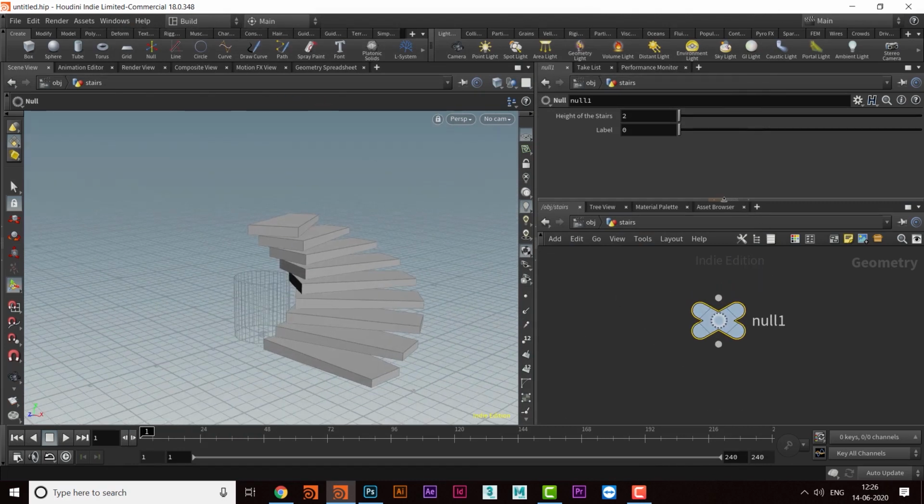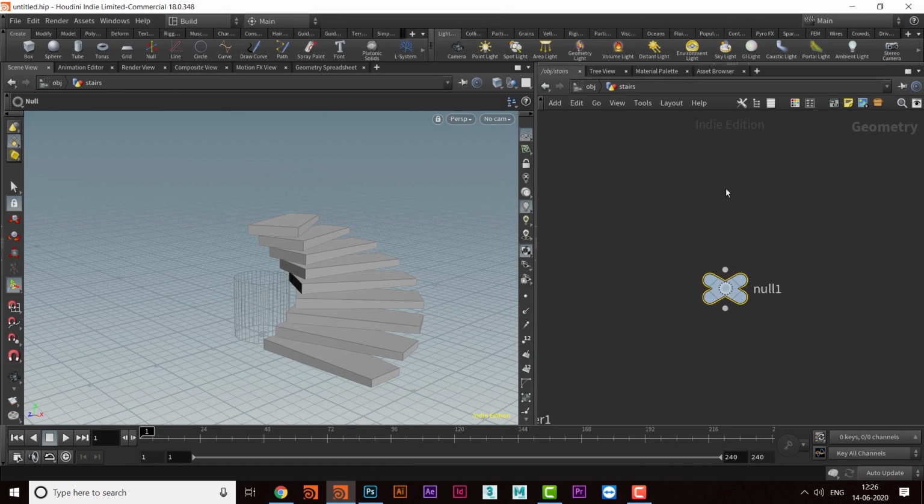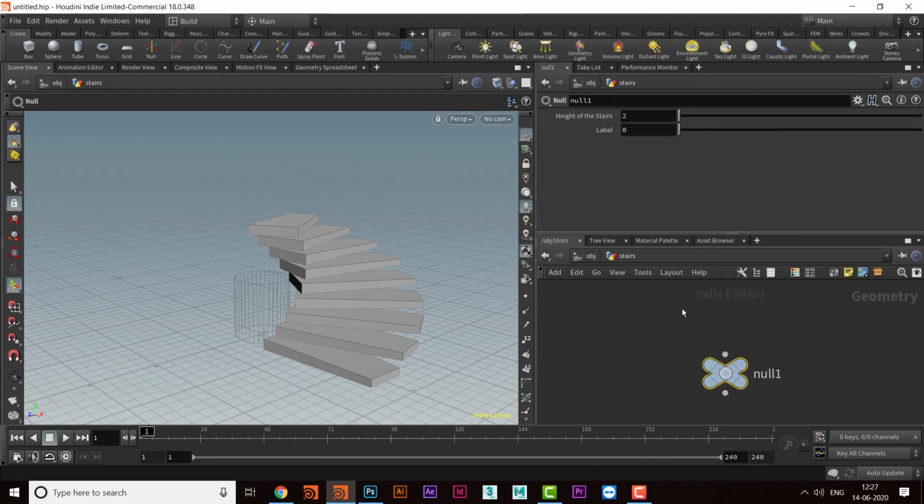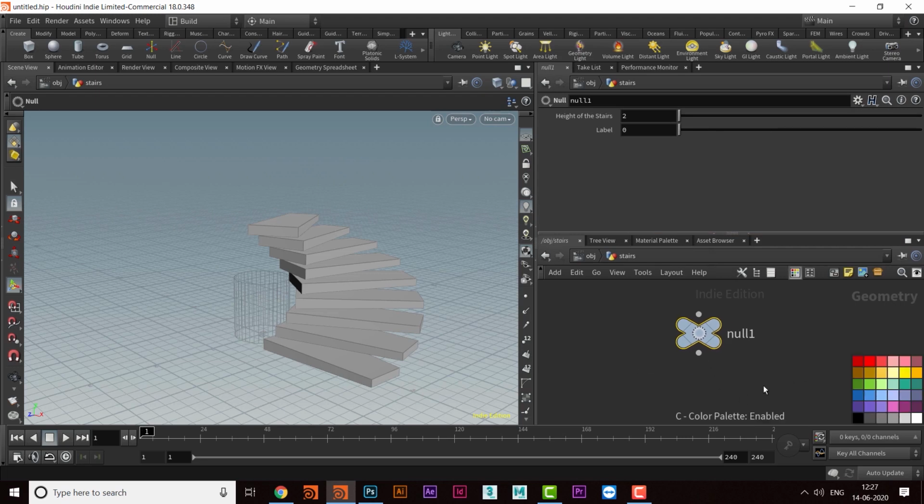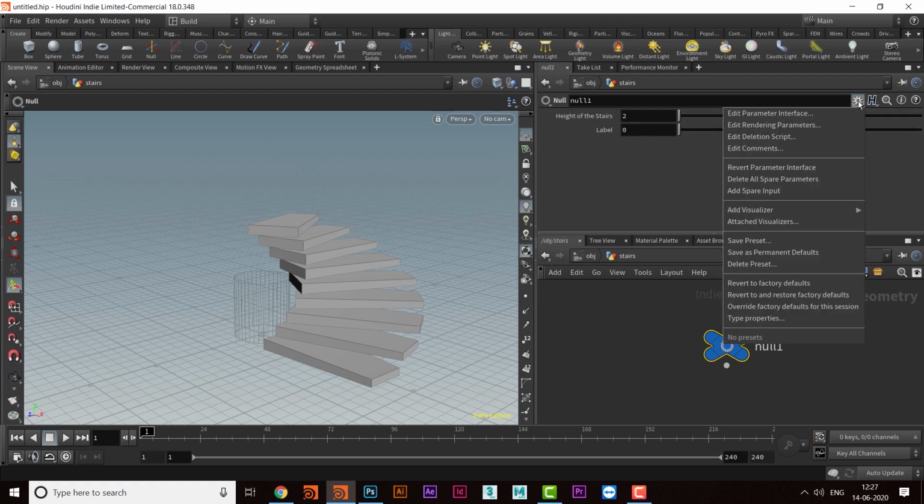Okay, so I'll come here and press C, and then I'll make it blue or something. Sorry, I forgot to name the second one.